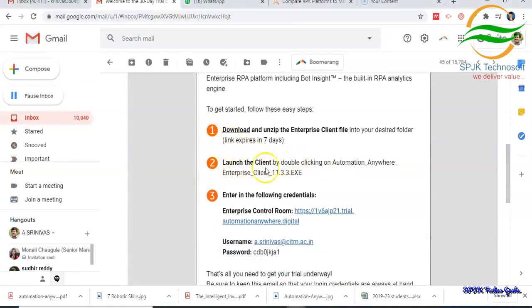Now the second step is to launch the client by double clicking on Automation Anywhere Enterprise Client 11.3.3.exe, which I already executed.